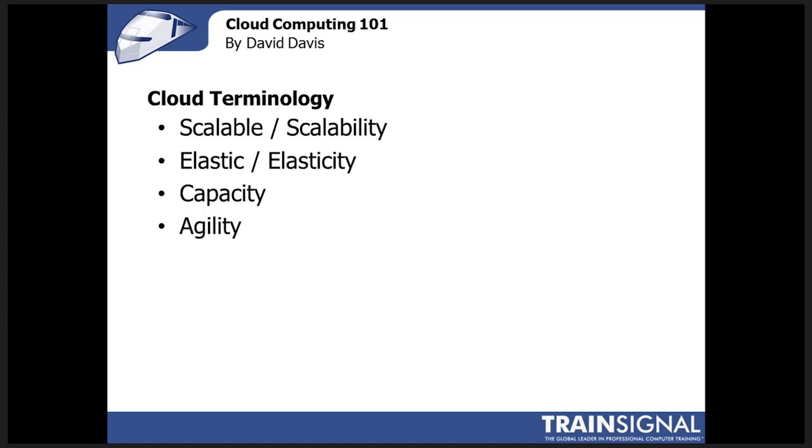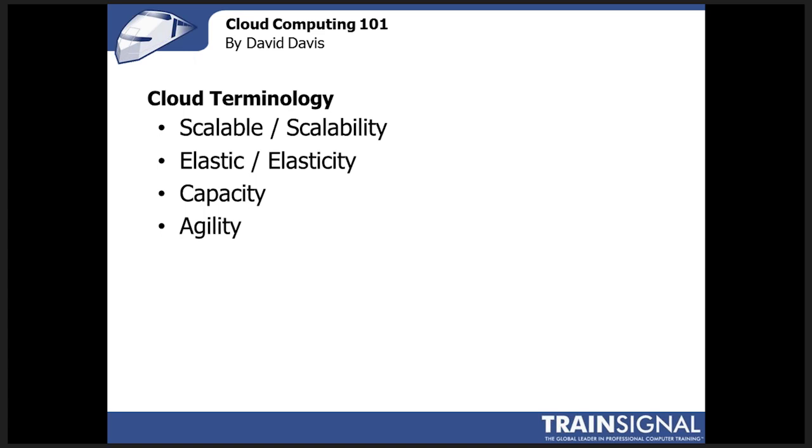For example, the U.S. Olympics website uses cloud computing. Why? Because, one, it's scalable. Every 2 years or every 4 years, whatever it might be, they need to scale that infrastructure drastically. And it also needs to be elastic, or have elasticity. In other words, when it's done scaling, when it's done stretching out for the Olympics season, and the millions of people who are going to hit that website during that short time period, it needs to be able to shrink that back down. So it needs to be able to stretch out and contract, and that's elastic computing.